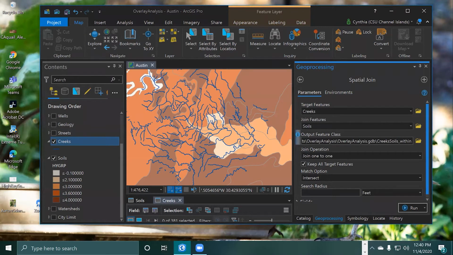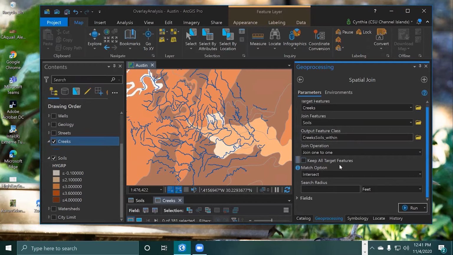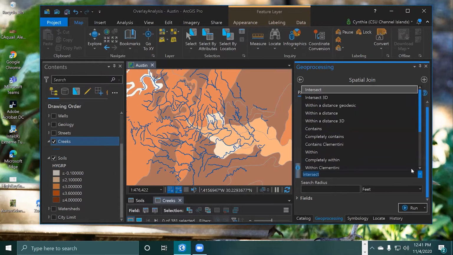Within. So we're going to stay with a one-to-one join. So for each record in the creeks layer, we're going to join it to one record from the soils layer. And moving down the line, we're going to uncheck our keep all targets. And then even though this is a little out of order from the book, we're going to change this to